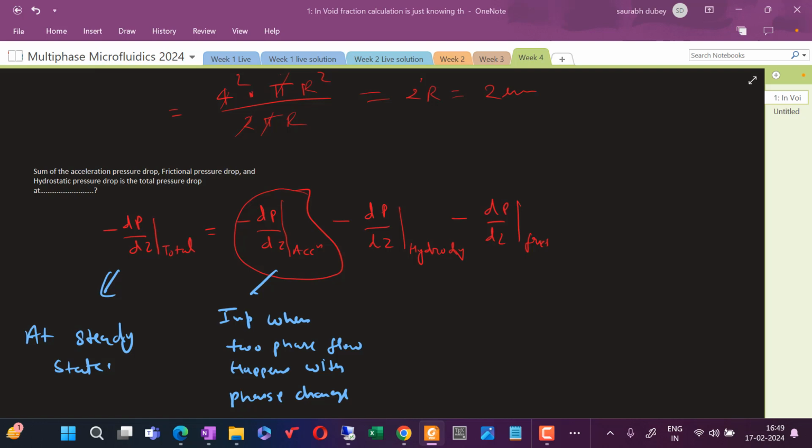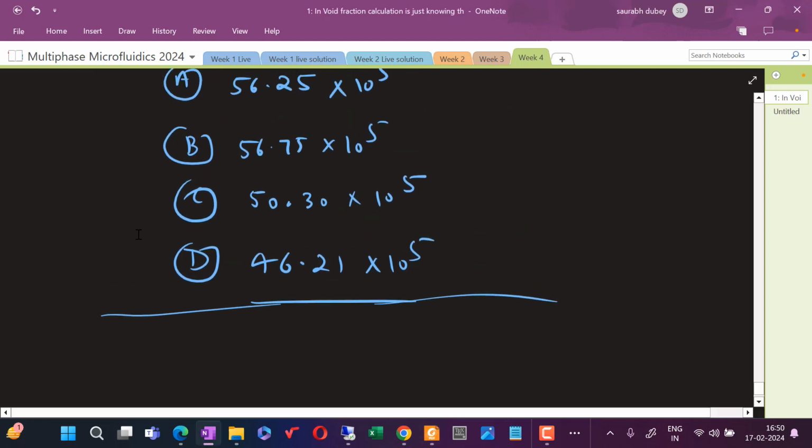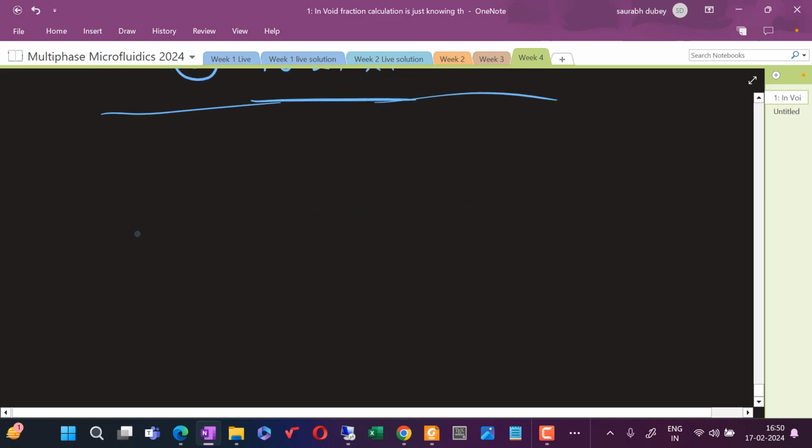That is a similar problem you have been explained in the class, and this actually tells you about the calculation if both the phases are present. So here, both the phases, gas and the liquid, were present, and corresponding values for all the phases have been given to you. So this is the overall criteria, and now the next question that I will be telling you is this one. The answer to this will be this one. And now the next question is,